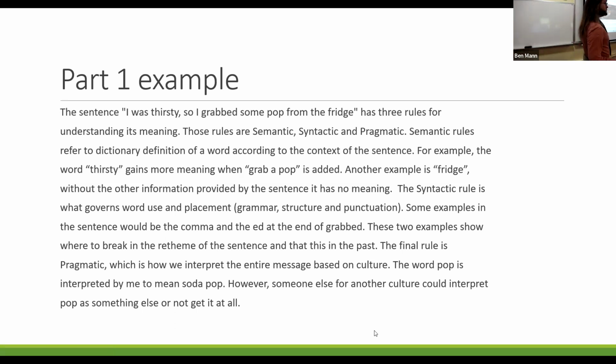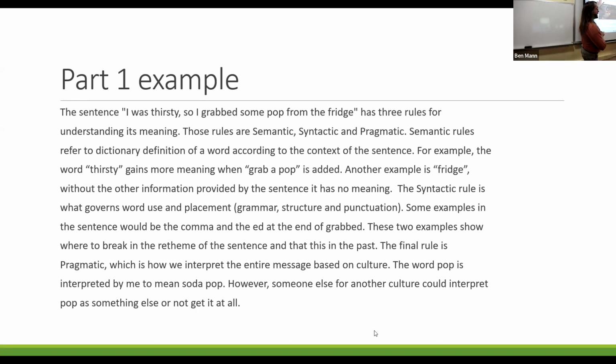So this first part was generally one that people did a good job of addressing, right? This first part: I was thirsty, so I grabbed some pop from the fridge. I will fully admit when I was creating this sentence, I was not thinking about the other interpretation of thirsty, which a couple of you pointed out in your response. So that's great, right? That points to the ways that different rules of language are constantly changing. Our use of slang for words like thirsty constantly changes, and not always is it something that we recognize right away, which emphasizes the importance of these rules.